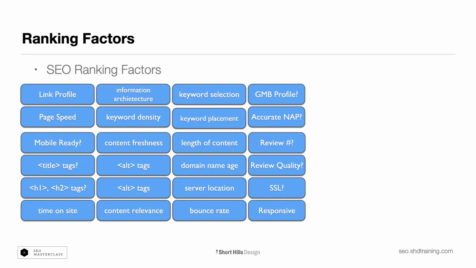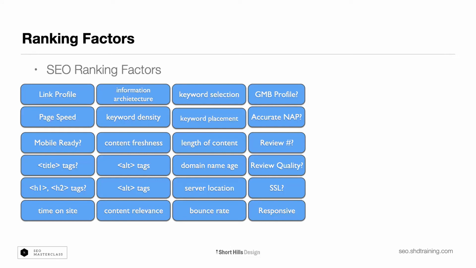How old is your domain name? Always register your name for a good 10 years. You register it for 1, it's not going to hurt you. But again, if there's tight competition, the longer you register it for, the better, because it signals to Google that you're not just trying to rank and leave. Server location, you should have your servers located in the same country where your website is. SSL, you've got to have it.